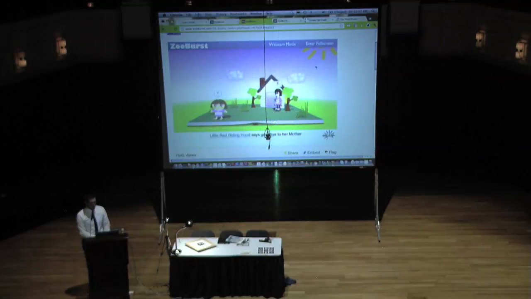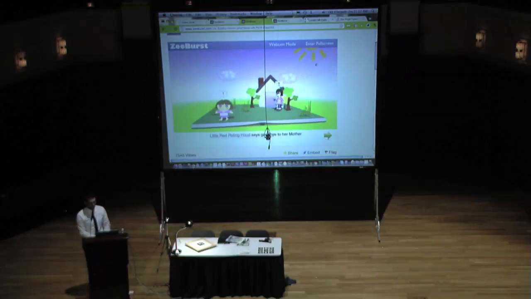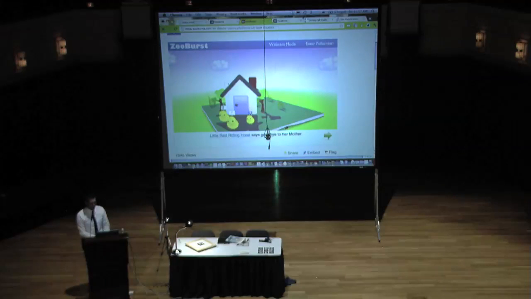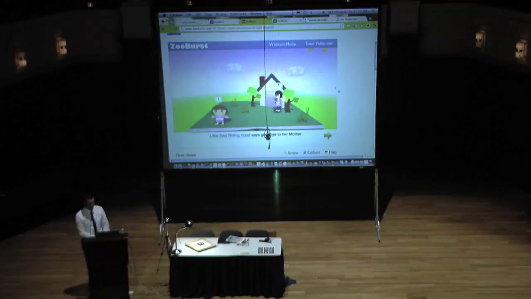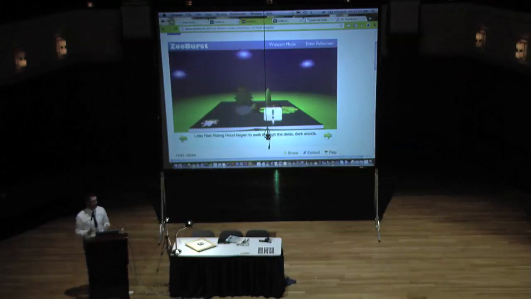So you can put your own little characters out there. They can be placed in 3D space. You can rotate around them. You can incorporate your own little audio clips inside of them. Cluck, cluck, cluck, I'm a chicken. Do a little South Park style animation inside of there, and you can have your pages fold out over multiple